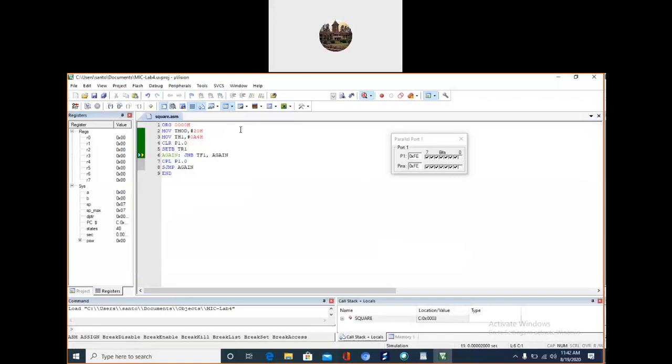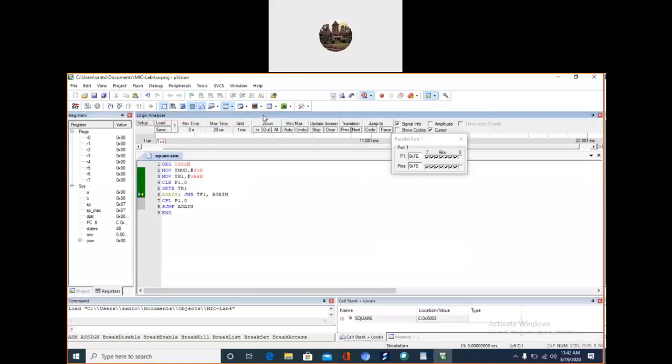Then I will go for the logic analyzer. Here it is. So this is the logic analyzer. दिख रहा है क्या आपको?